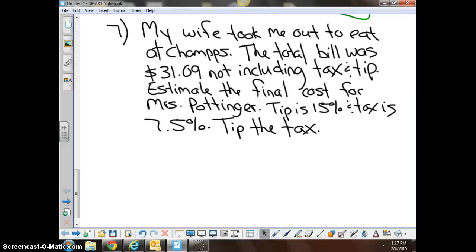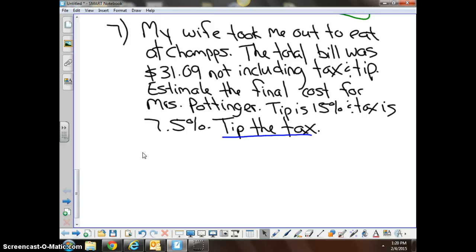And the part you're figuring out is what does tip the tax mean? Something that I think you should be able to figure out quickly. We're using compatibles, we're using benchmarks to get an estimate. We're not doing an actual answer. Good luck. All right, to solve the problem, first of all, I need to know that if I'm tipping the